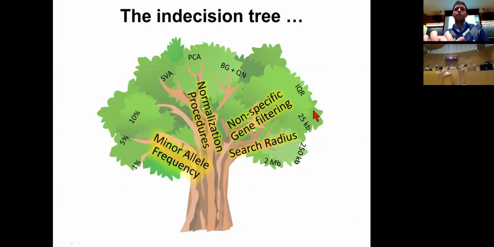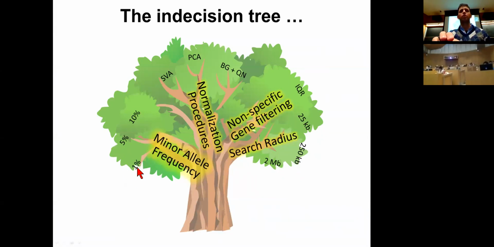As I mentioned earlier, if you look at 2 megabases, you're hurting your signal because you're testing many more hypotheses, but you're discovering things that might be acting from far away. If you look very close, you have more power, but you're going to be missing things that act from far away. And with the minor allele frequency, similarly, if you look all the way down to 1%,